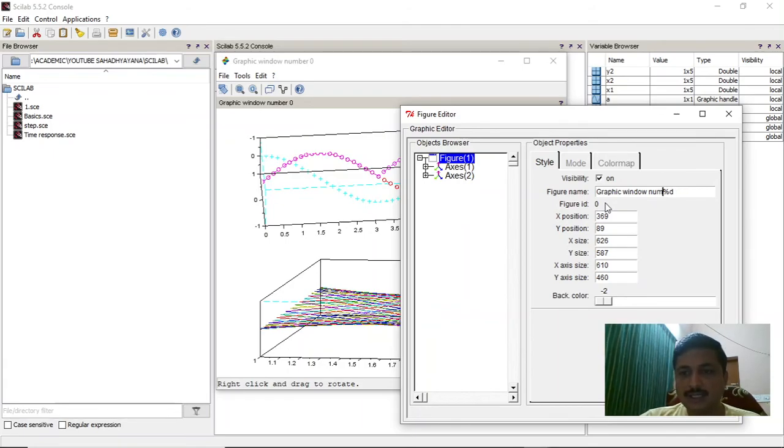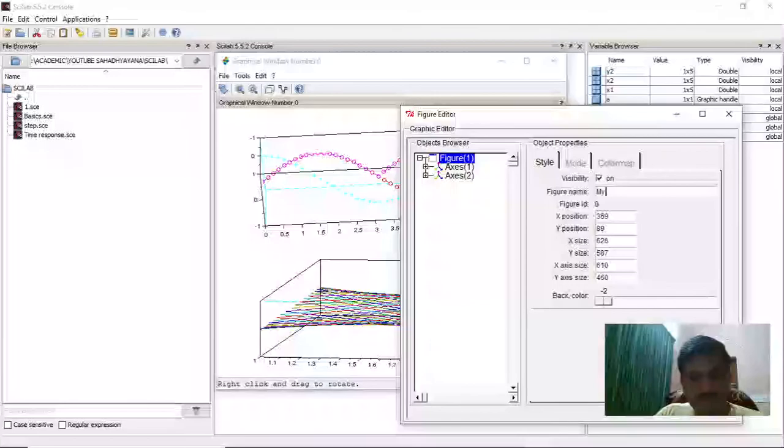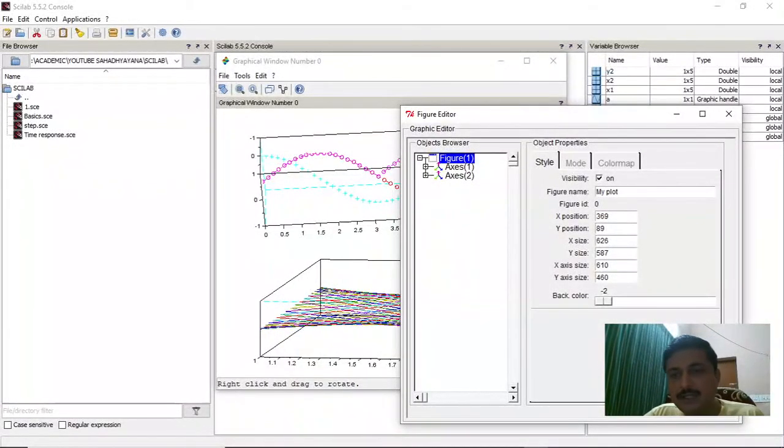For instance, since now we are beginners, I'll just tell you how to change the name. Let me change. So give some name like my plot and press enter. This is very important. You press enter, you can see here, now this has changed to my plot.